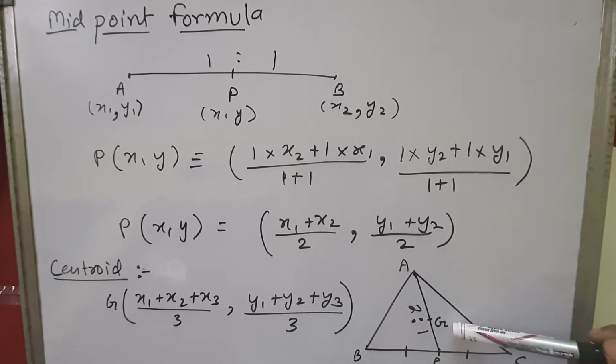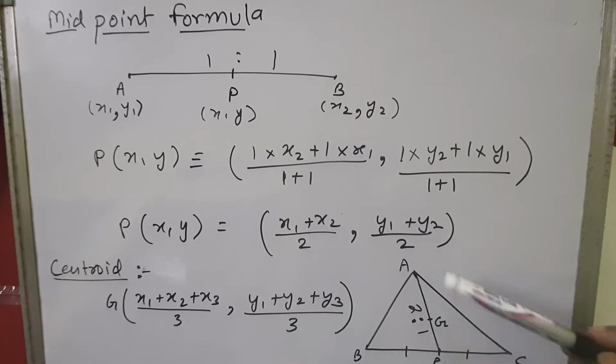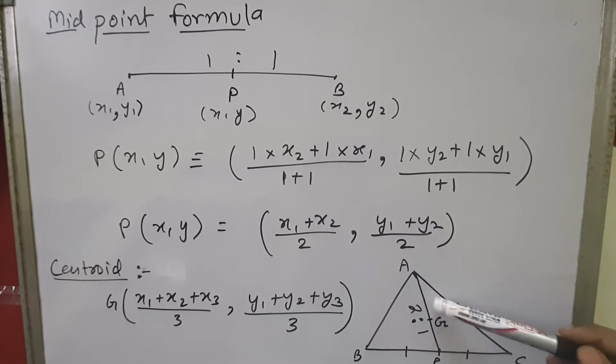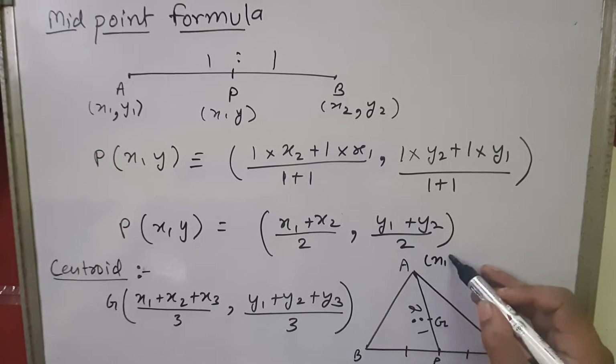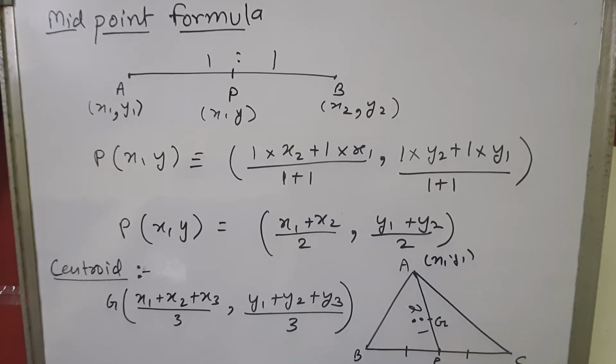Now this point G divides the line AP in the ratio of 2:1. Okay, so P is the midpoint of BC, and G is dividing AP in the ratio 2:1. So when we solve and apply the section formula, we get this formula. The coordinates of G are x1 plus x2 plus x3 upon 3 comma y1 plus y2 plus y3 upon 3, where the coordinates of A are x1, y1, coordinates of B are x2, y2, and the coordinates of C are